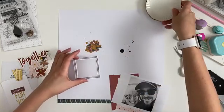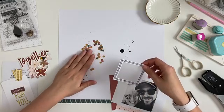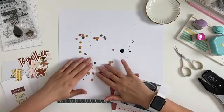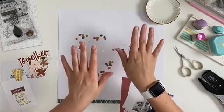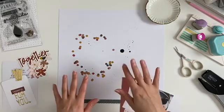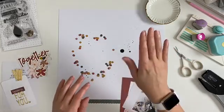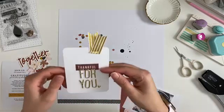I'll probably still do that in my mini album, but I also want to have them on my layout. I had a brainstorm where I thought I could have them all bursting out from behind a picture. Because the sketch has three photos, in a 1, 2, 3 pattern, I wanted to keep true to the sketch and have three embellishment clusters or photos, so it follows that pattern of 1, 2, 3. With that in mind, I used this little journal card,